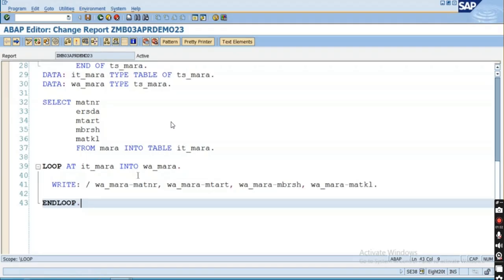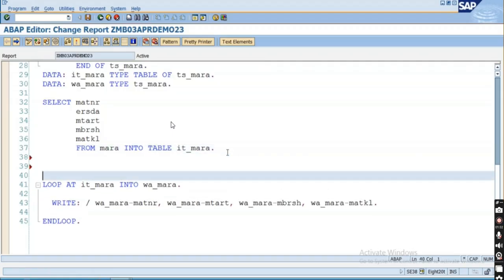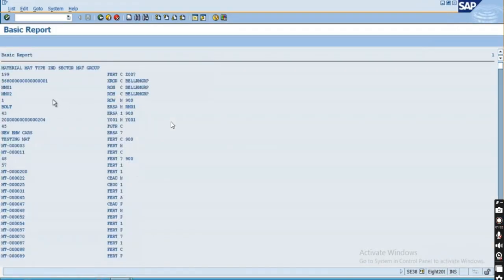Now I want to give the labels. So what I will do is write over here, first is my material, correct? Then I have the material type, MAT type. Then we have the industry sector, and then we have the material group, MAT underscore group. Okay, just activate this one, press F8, and you can see that material type, industry sector, and material group are coming,